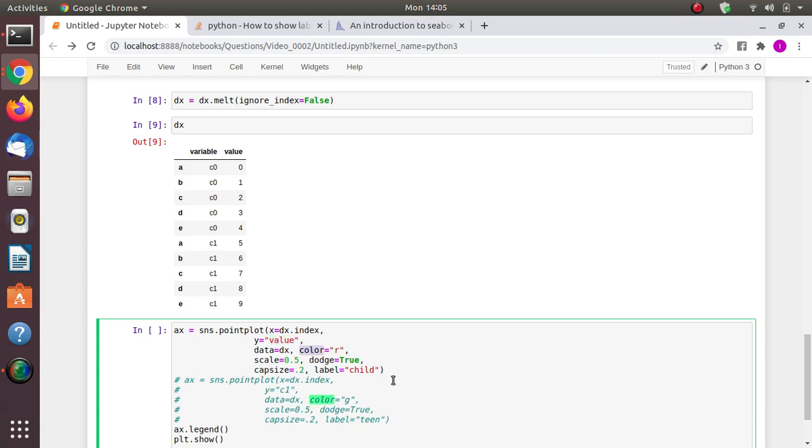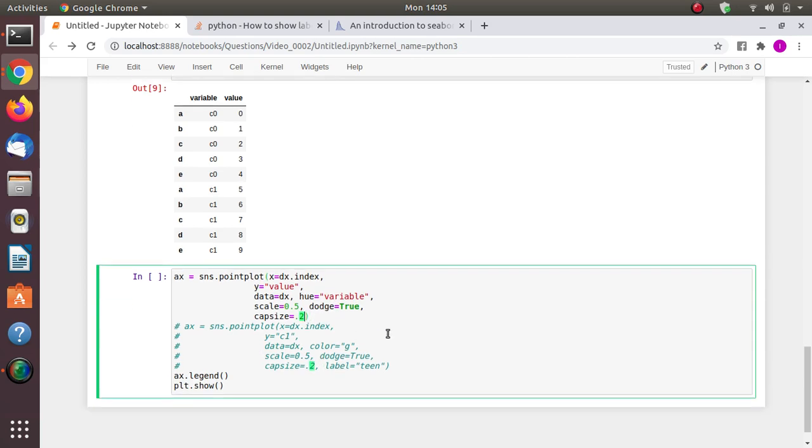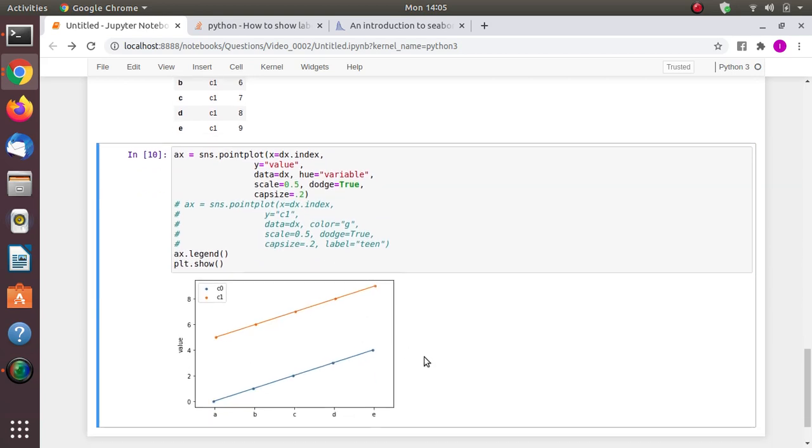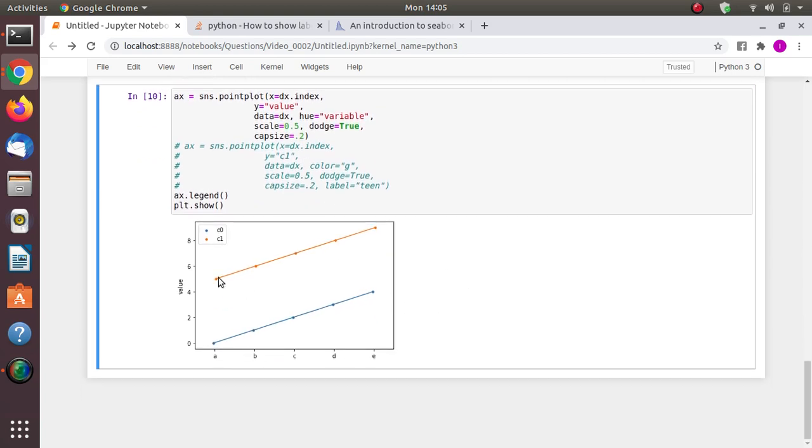And rather than coloring them manually, we'll let Seaborn pick some hues based on the variable. And while we're at it, I'm also going to remove this label here because it doesn't work like that. And then we're going to add a legend and plot. And it gives us this beautiful graph, right? We've got a legend, we've got two lines, one for the C0 and the C1. The problem is